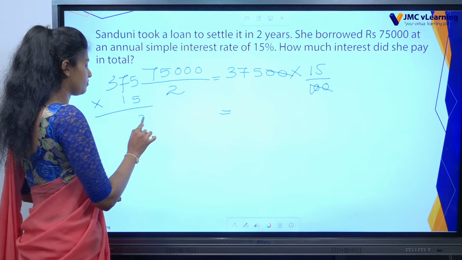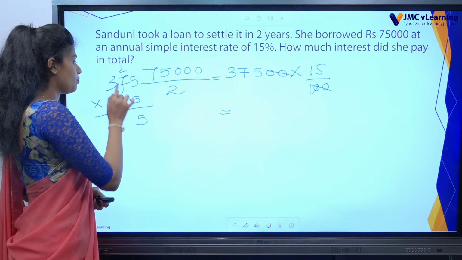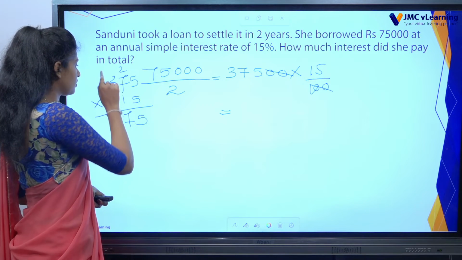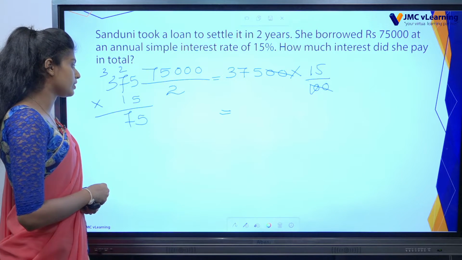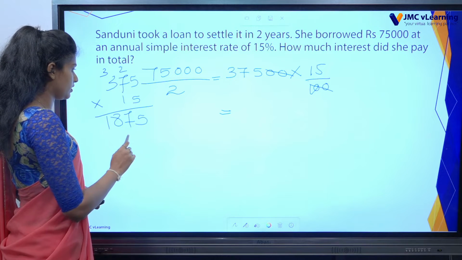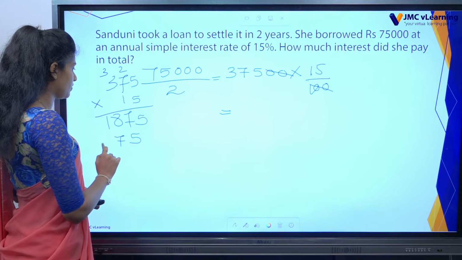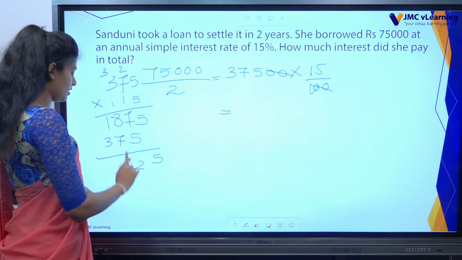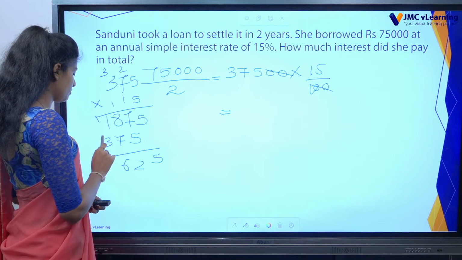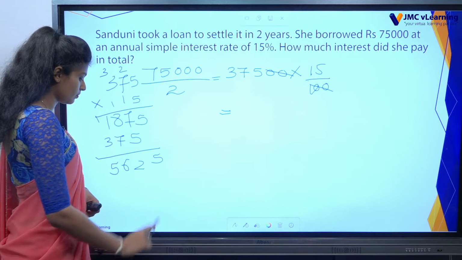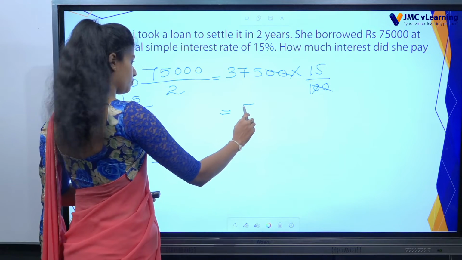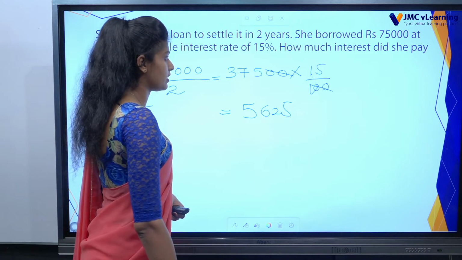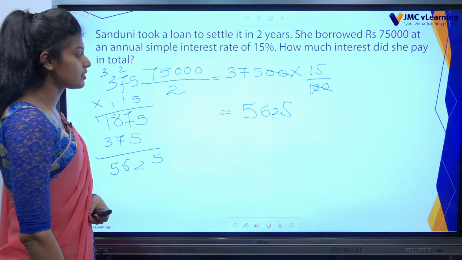5 into 5, 25. Put 5, 2 left. 5 into 7, 35 and 2, 37. 3 left. 5 into 3, 15 and 3, 18. 5, 7 and 3. Then 8 and 8, 16. 1 left. 3. Then 5,625 is the yearly interest, but